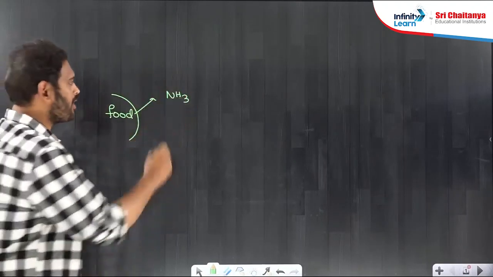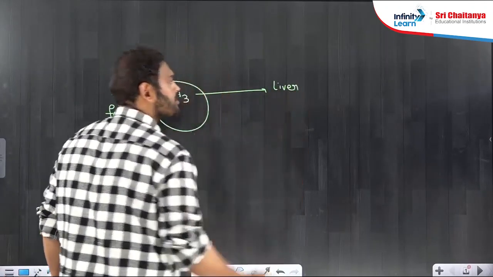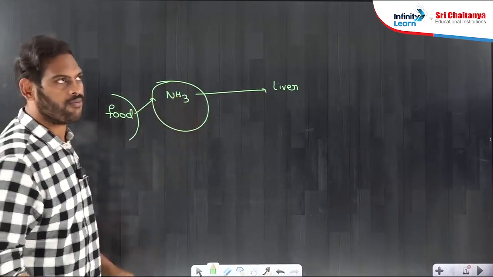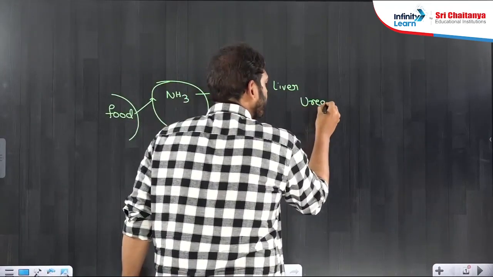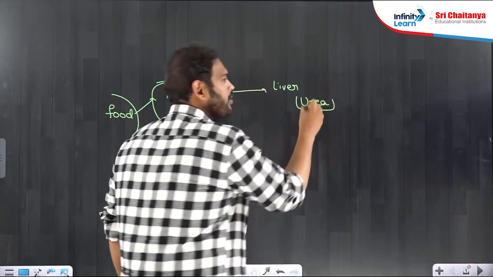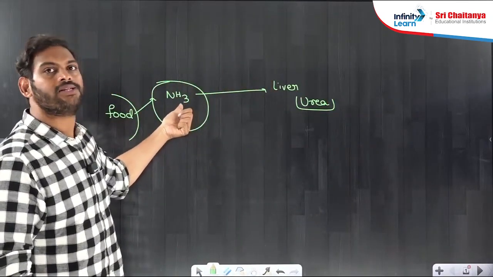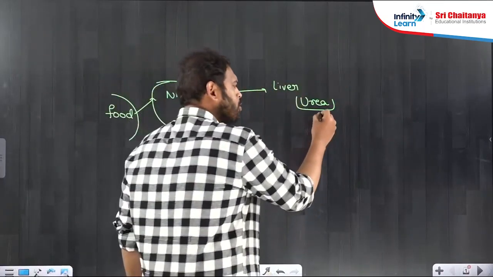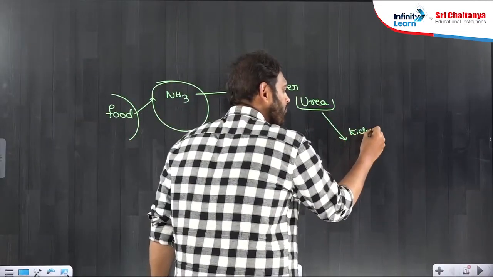From the blood, ammonia first goes into the liver. Inside the liver, very harmful ammonia gets converted to less harmful urea, and this urea will be sent to kidneys,